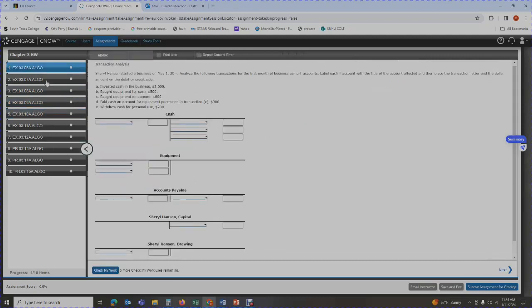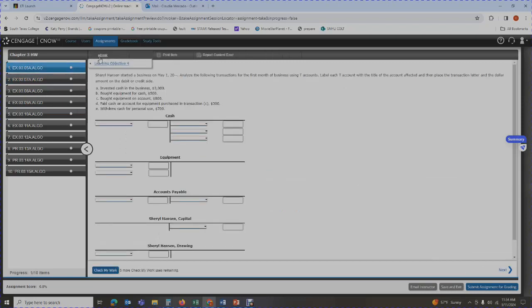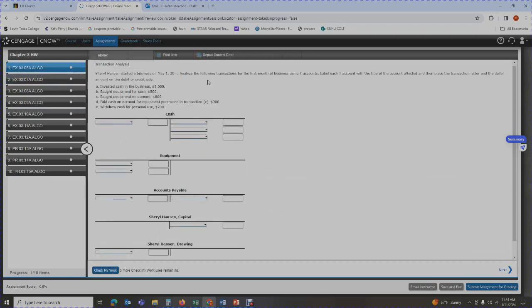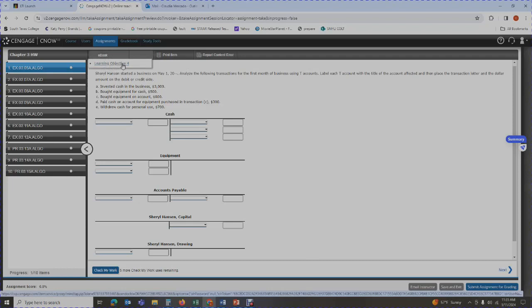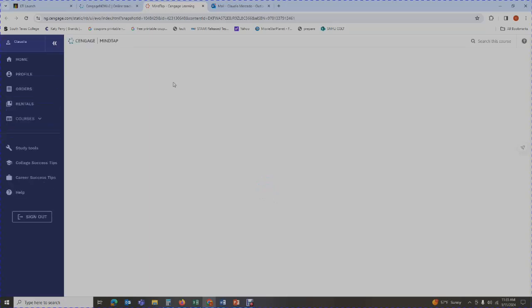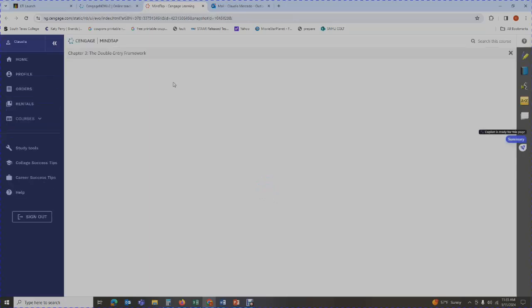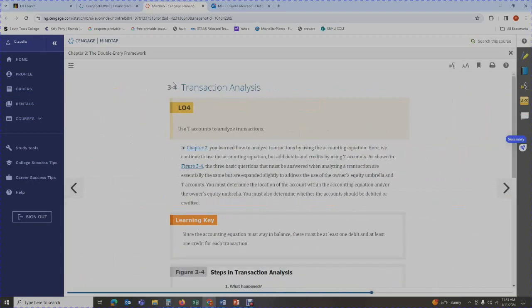Okay, now if you look at the some questions have additional resources. Here, for example, if you're working on this problem and you have no idea what to do, you're going to go to your ebook and it has Learning Objective 4. If you click on this link, it's going to take you to the ebook Learning Objective 4, so you can review that information that pertains or applies to the problem. Okay, so it's basically telling you this was covered in this chapter in this section. Go back and review. Okay. So it'll open up the ebook for you